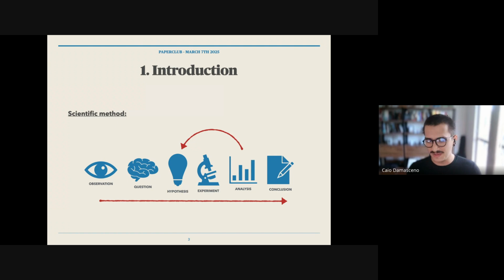But it's basically like this that things work. And this paper focuses on one specific part of this pipeline, that is the hypothesis. Right now, as I said, we have plenty of knowledge available. AI can compile this knowledge. And the goal of this paper is to use the current knowledge to bring new knowledge to the table.